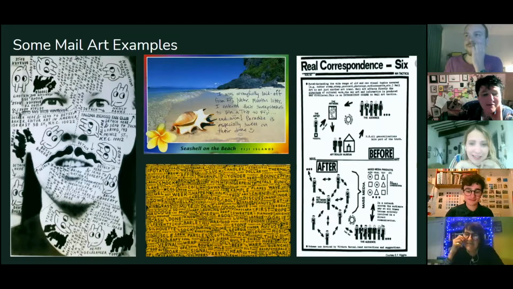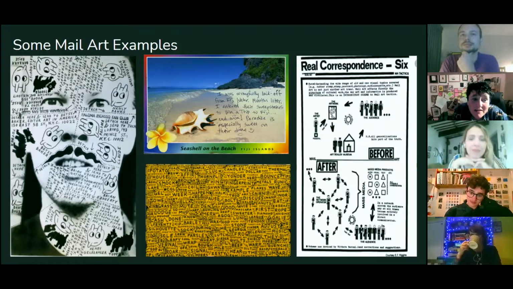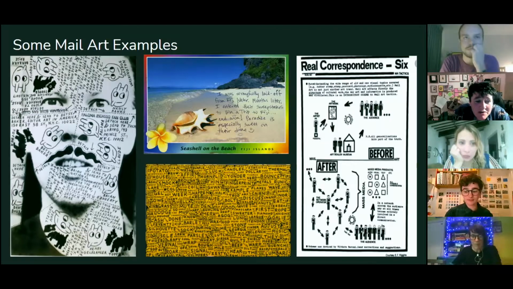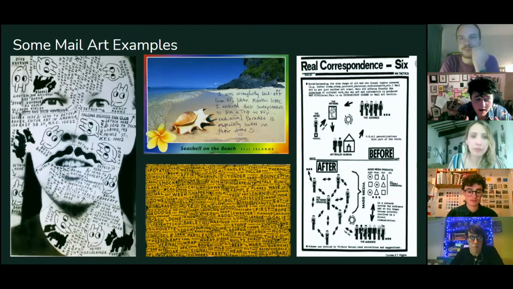So what I've got up here in front of you is four examples of mail art. The first one is the face that's been divided up. It's by Ray Johnson himself. He was interested in not having a complete picture. So he took a picture of a friend of his, cut it up into several pieces and sent it out via the postal system as a subversive way of showcasing art. The idea was that not all the pieces were ever returned. So where was the value in the art if the work was incomplete?